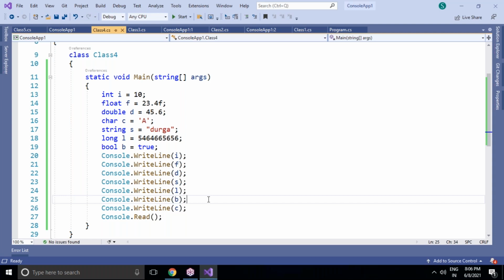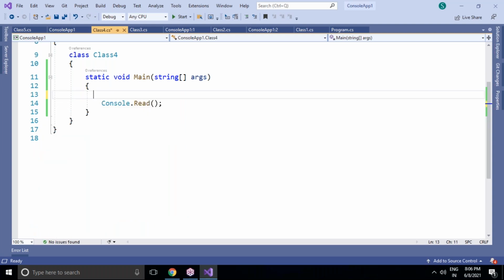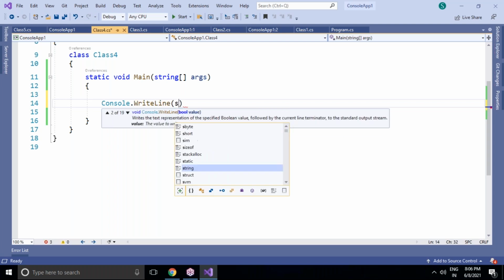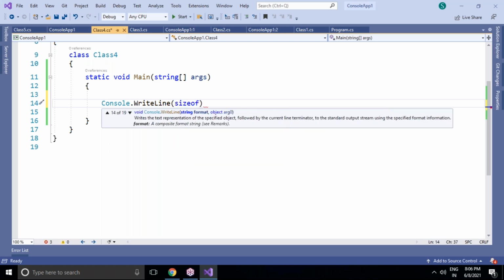But how do we get the size of the data type? We are declaring data types, variables and values, and printing them, but how do we get the size? Let's try to get the size of the data type. Console.WriteLine, sizeof int.